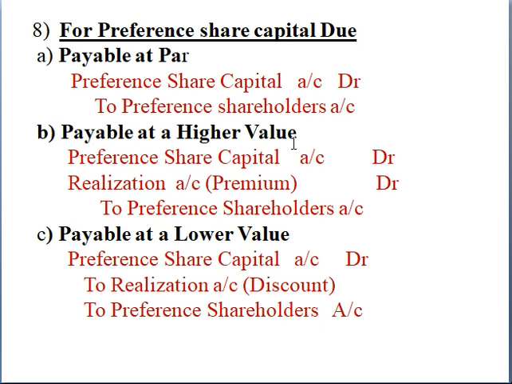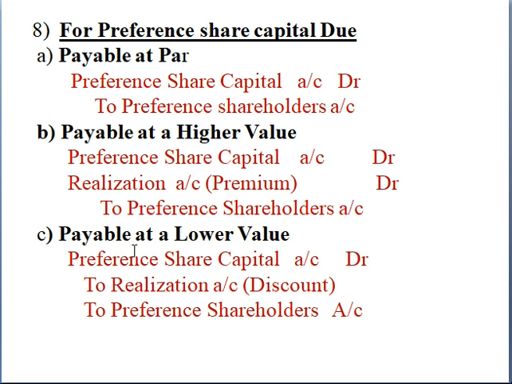So already we discussed this in the redemption of preference shares, right? So redemption at the premium. Same way here, the premium is just transferred to the realization account. So expenses, incomes, losses, everything is to be transferred to the realization account when the business gets closed. So debit the capital, preference share capital account debit, realization account, that is the premium. When the amount is paid in excess, that is called a premium here. So transfer to the realization account, debit to preference shareholders account.